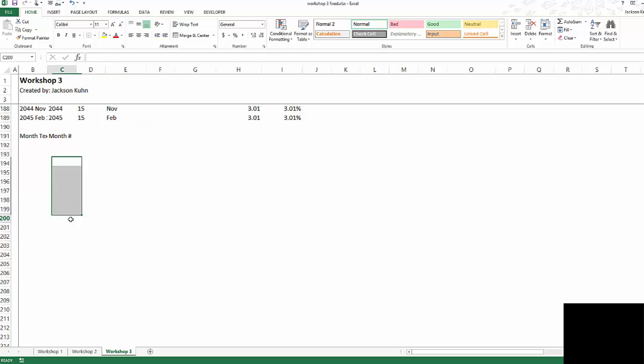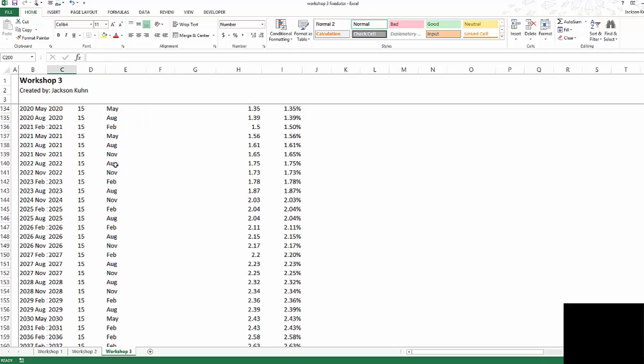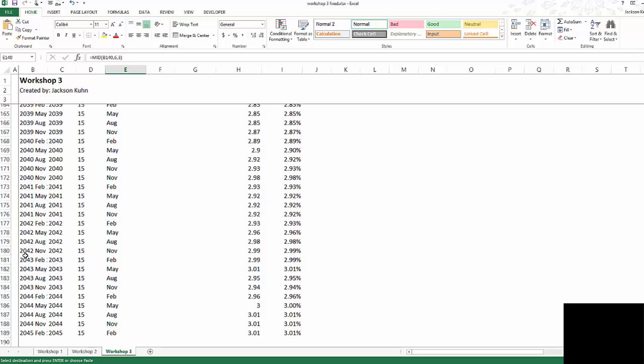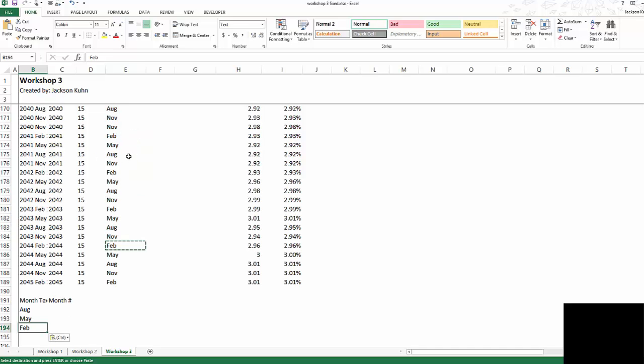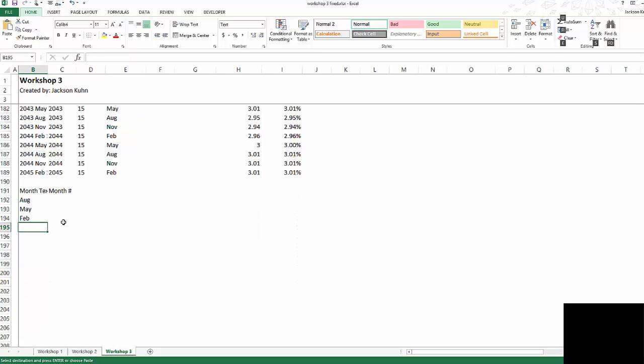So now what we're going to want to do is find an instance in this column when it's August, and copy and paste it as just the value. So we'll do Alt-H-V-V to do that. Now we need a May, Control-C, Alt-H-V-V, February, Alt-H-V-V, and a November, Alt-H-V-V. So August, the month is going to be 8,